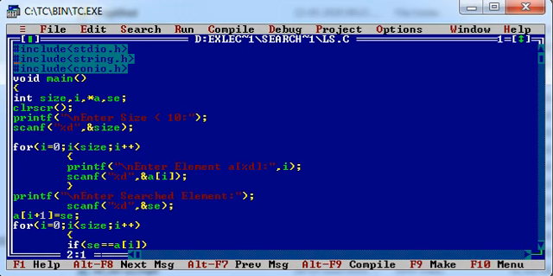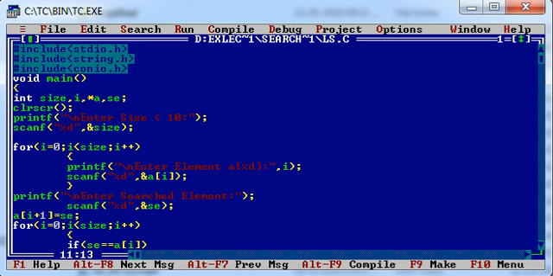So let's start it. Here I have taken integer size, integer I, pointer a, that is for dynamic array, and searched element. Clear screen. Then I'm asking for the size from the user. Though we have written here the size should be less than 10, but since we are implementing the array dynamically, it is not necessary to enter the size less than 10.